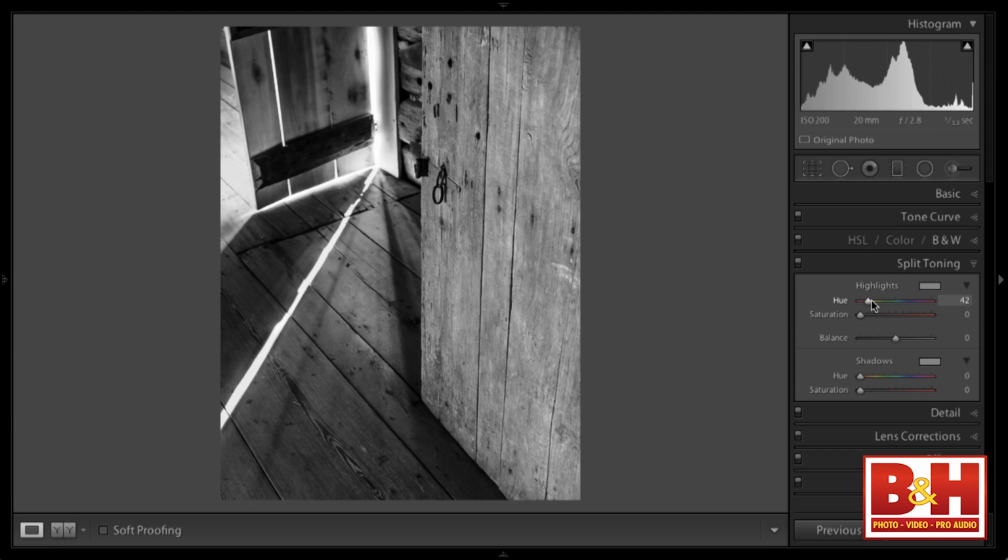I just know that from experimenting and screwing up. And I'm going to put this around 12, and I'm going to do the same to the shadows. Maybe a different hue. Actually, let's say 40, and let's say the highlights 50, roughly. And I'm going to make this a little bit less. That's 4. All right. And that just gives me a little warmness,